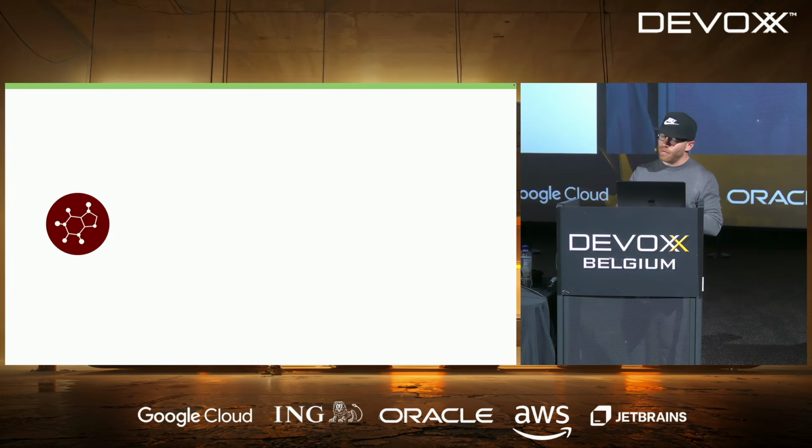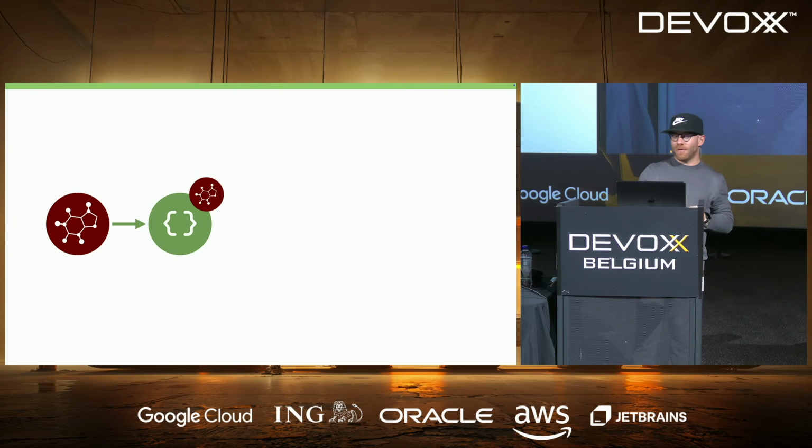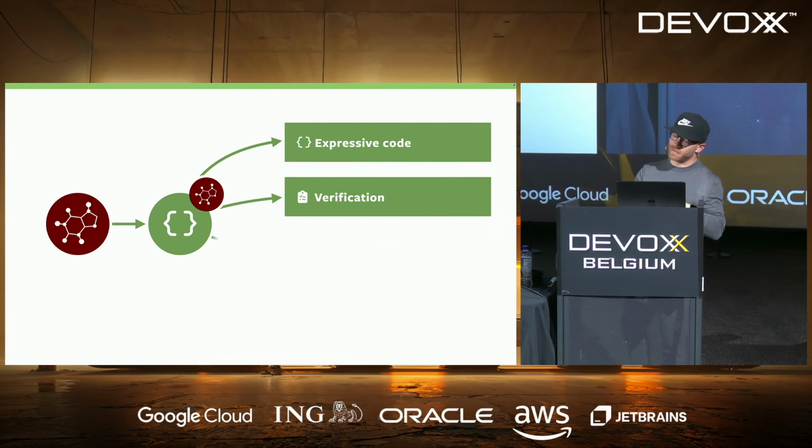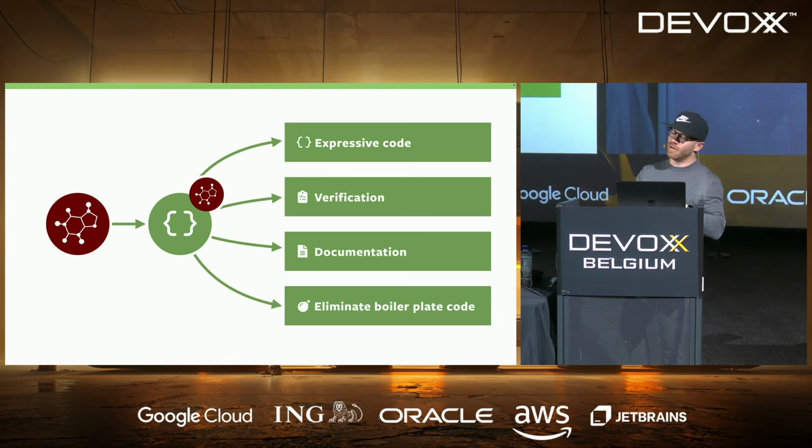So what does that mean? We take these libraries. They are thin libraries, basically a collection of annotations and interfaces. So no implementation code whatsoever, except tiny exceptions. But we apply those to our code base, and then the question is, what do we get from that, right? So I'd argue it's more expressive code, verification, we can extract documentation, and we can even eliminate some boilerplate code here. And I would like to show you the first two parts in